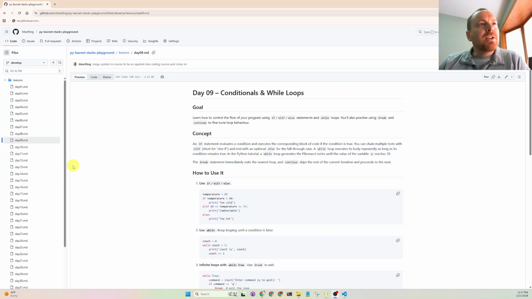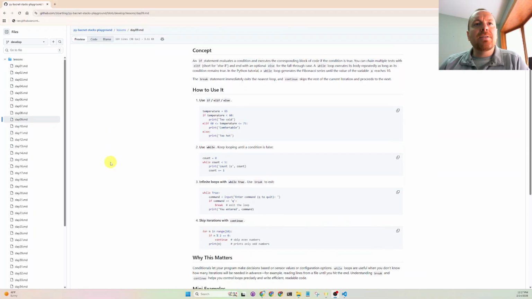So yesterday we covered some of the theory on day 9. We looked at loops, a while true loop, and some if else control statements. So I think we could probably butter up our vibe code app 2. So if you guys remember,